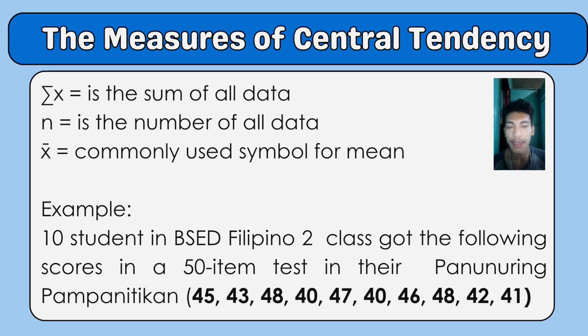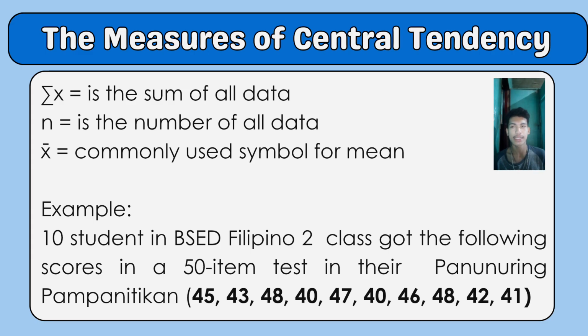Yes, that's the mean. So for example, 10 students in BS Ed Filipino 2 class got the following scores in a 50-item test in their panunuring pampanitikan: 45, 43, 48, 40, 47, 40, 46, 48, 42, 41. So basically, you need to sum all of that. And the total will be 440. You can use a calculator. And therefore, the mean average score of the students in Filipino 2 is 44 because